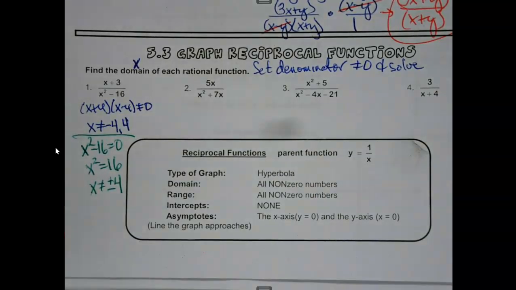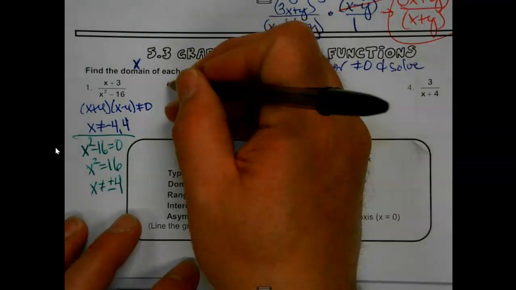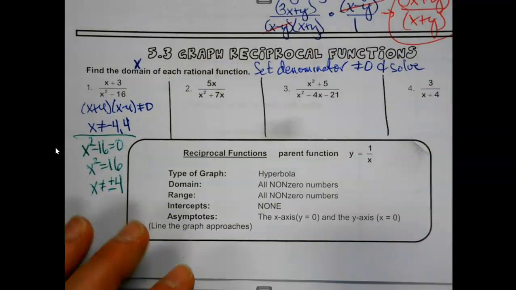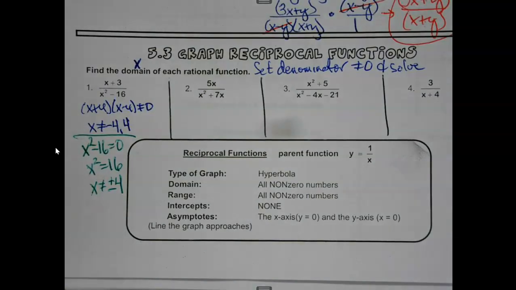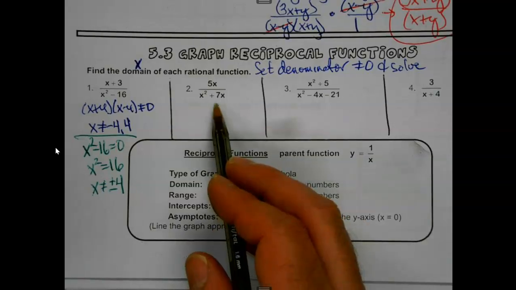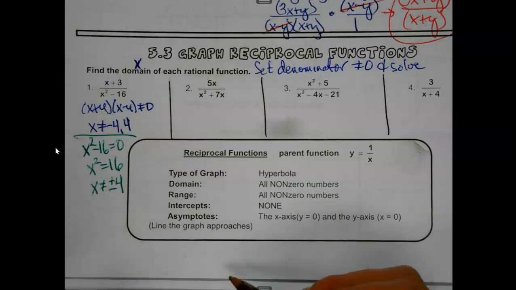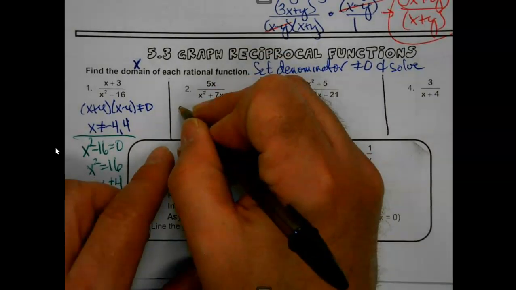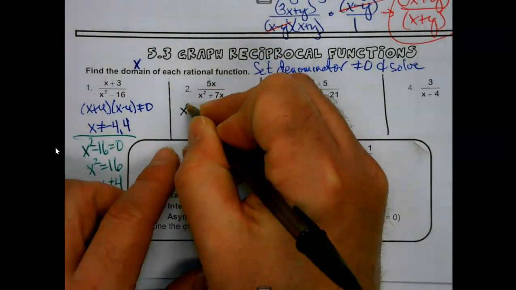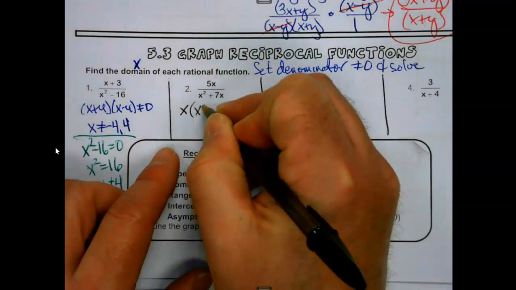Will every problem be able to be done multiple ways? Not necessarily, but it's an option. The biggest thing with these is going to be how many of your tools do you have ready and raring to go when they're needed. So like here, it's not a sum of squares, not a difference of squares. I mean, there's no such thing as a sum of squares, really. But hopefully you recognize